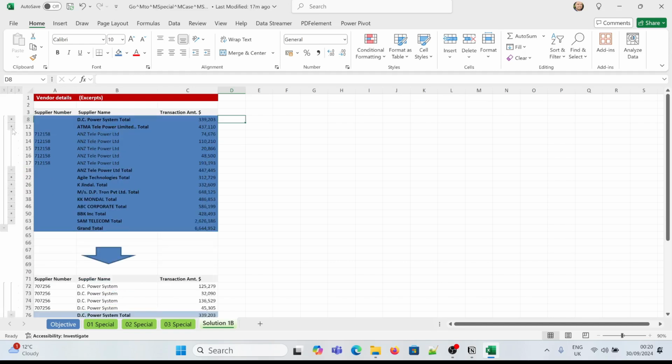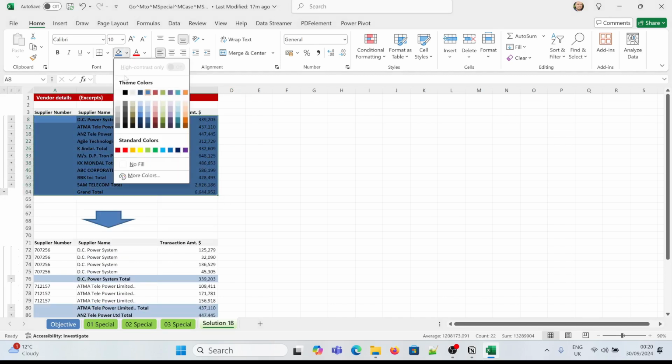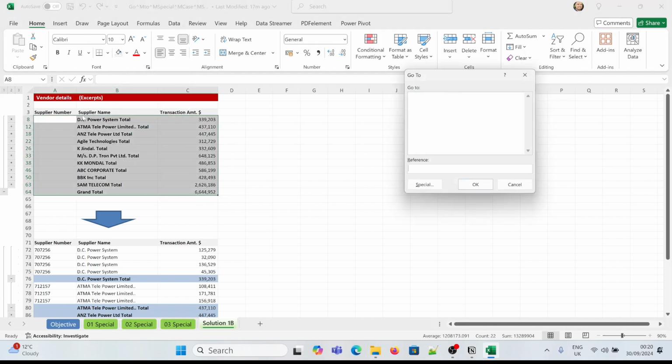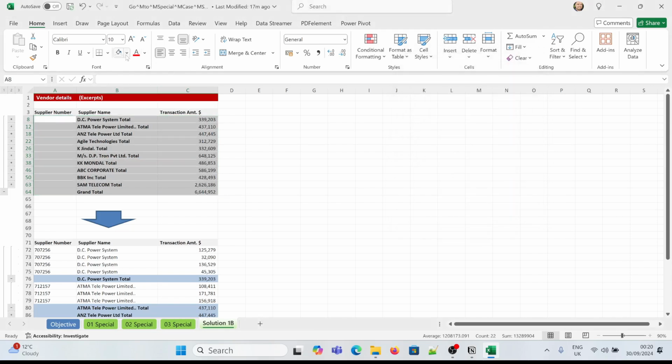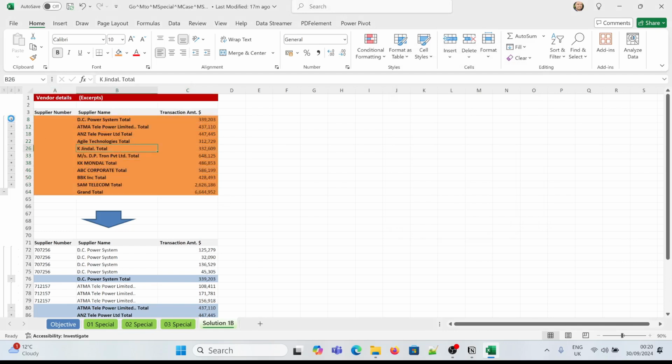So to actually get this right, I'm going to select this and say no color, no fill. So I go to Control G, go to Special, visible cells only. Now I apply the color. Let's say this time orange. Now you can see it's only visible cells,